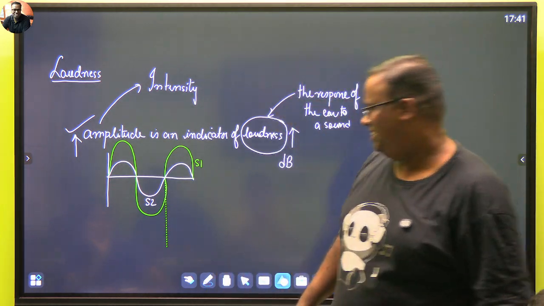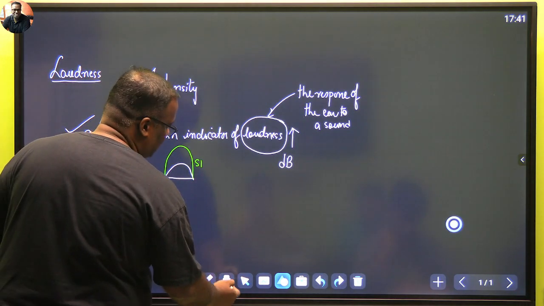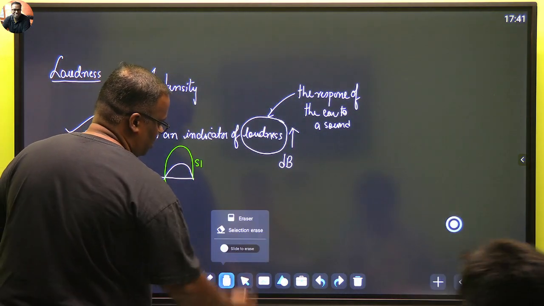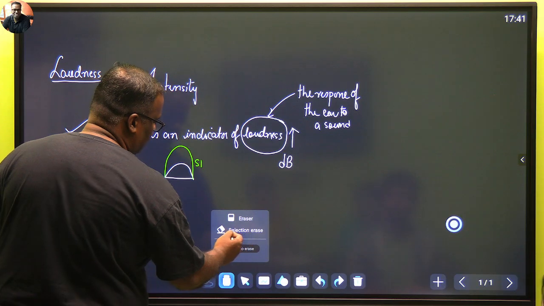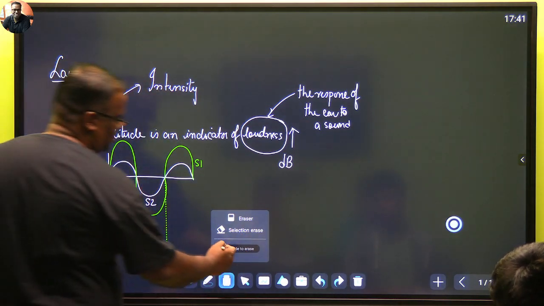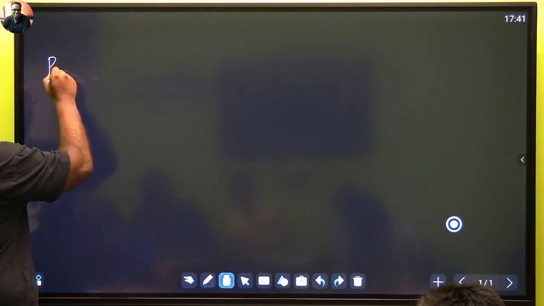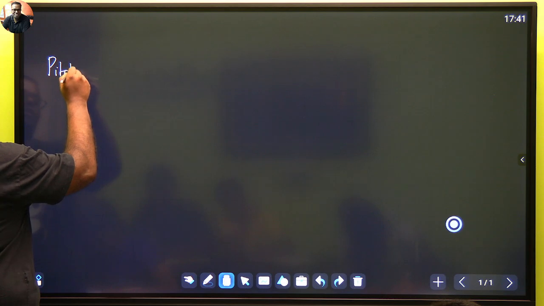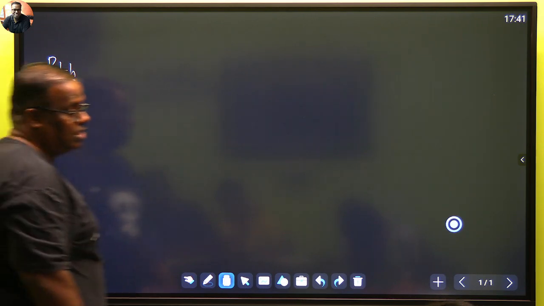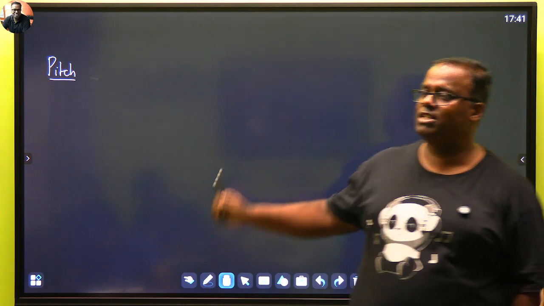क्या हो गया, सब लोग बड़े सोए सोए से मायूस मायूस हो। ठीक, चलिए अगले पैरामीटर को पढ़ते हैं। मिटाओ इसको। चलिए अगला पैरामीटर देखते हैं। And our next parameter would be, our next parameter is pitch. पिच जैसे वहां आपने लाउडनेस और इंटेंसिटी को पढ़ा, यहां पे वैसे ही है पिच एंड श्रिलनेस।